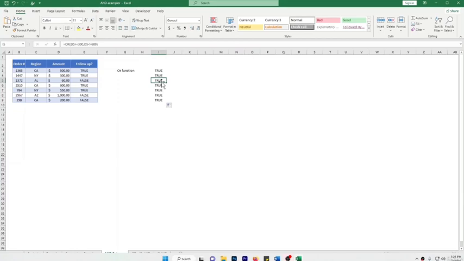It means the OR function is used to check if at least one of the conditions specified in the formula is true. The syntax of the function is like this: the logical argument is required and specifies the first condition that needs to be checked. You can add additional conditions by adding more arguments in the formula. Okay,